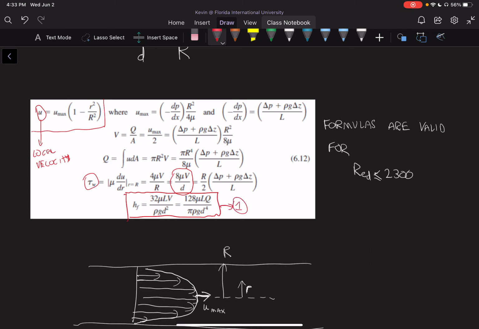HF is equal to 128 mu LQ over pi rho G D to the fourth. But in that case, you would need to know your volume flow rate or your velocity. Just two different ways of doing it. Either way is fine. This is more of a specific solution, whereas the general equation will let you do it for any general equation. So let's try and do an example problem and see if we can solve an example